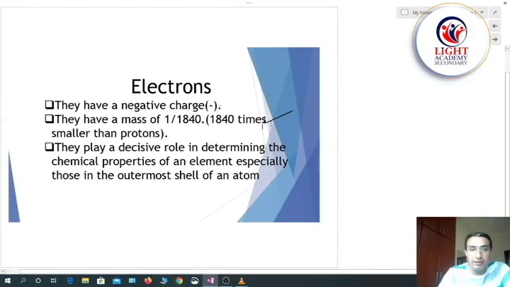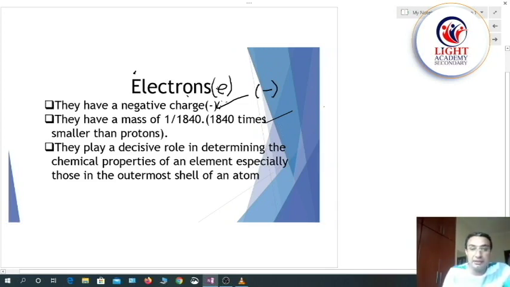Okay, in the second place, electrons, as you see. Electrons have a negative charge. They are represented by a small e. Let me write that also. And electrons have a mass of